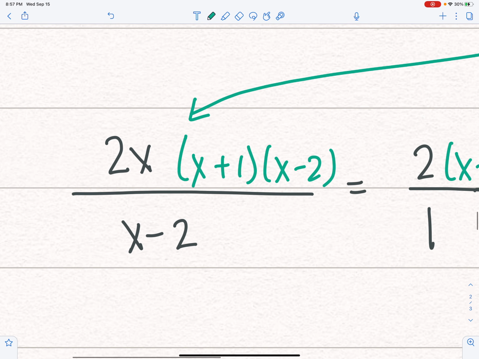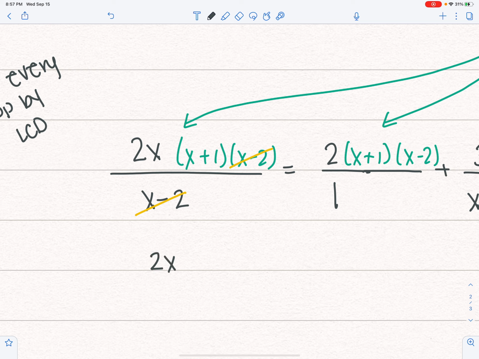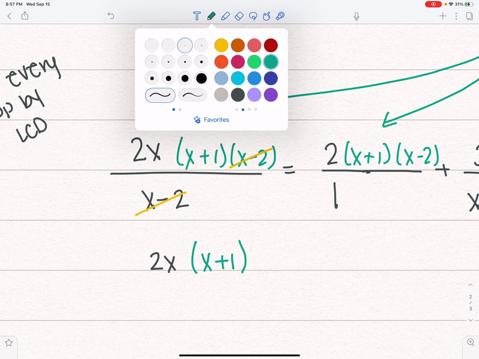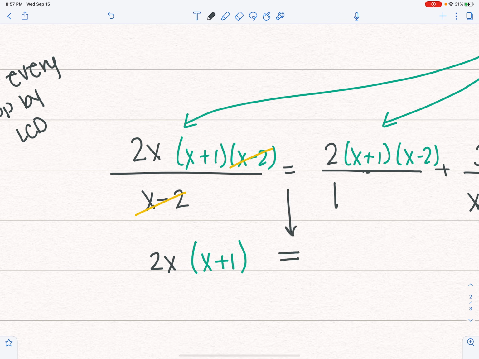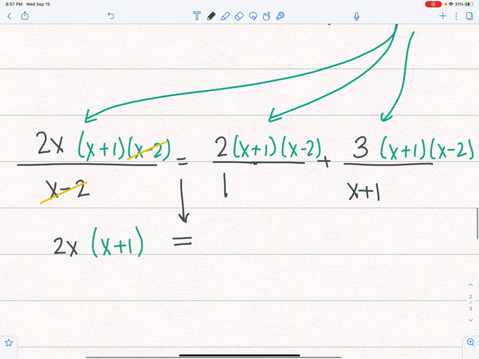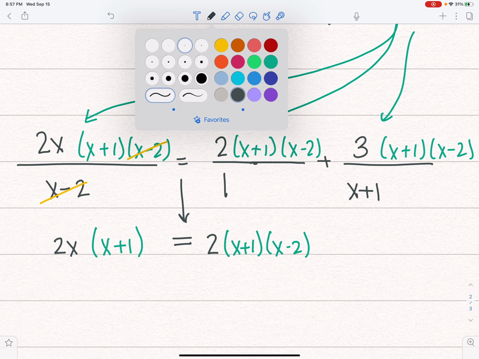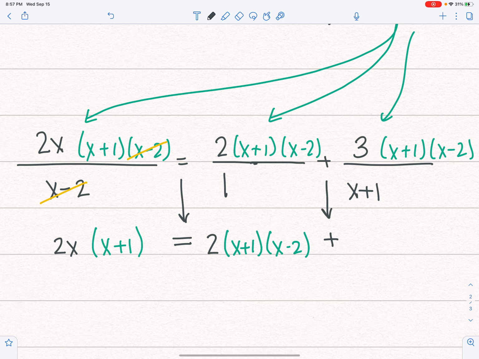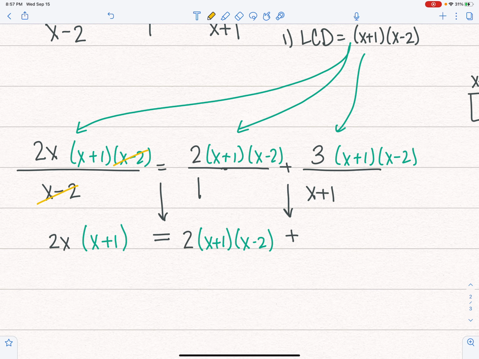So in this very first fraction, my x minus 2's are going to cancel, and so I'll be left with 2x times x plus 1. Carry down my equal sign. In the second fraction, nothing's going to cancel because it's over 1, and so I'm still left with 2 times x plus 1, x minus 2. Carry down my sign. And then in the last one, the x plus 1's are going to cancel, and so I'll be left with 3